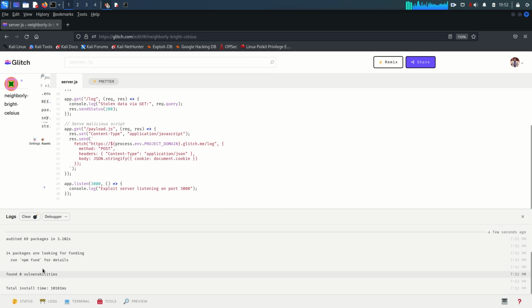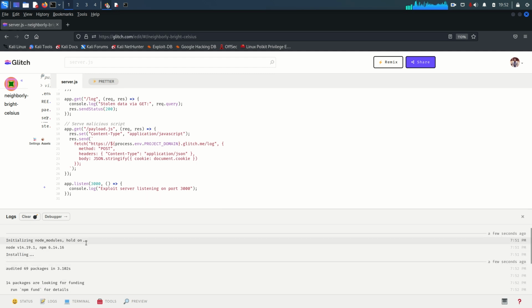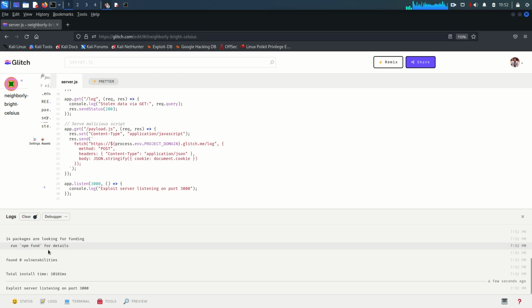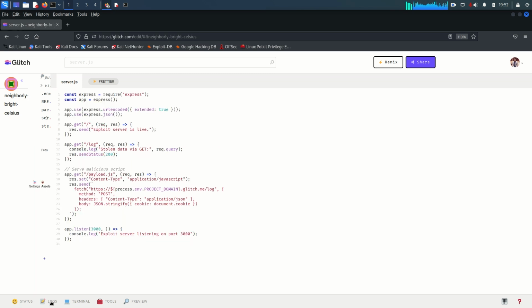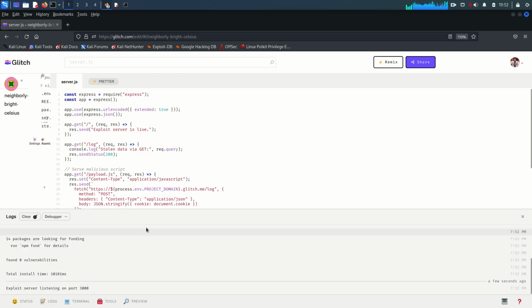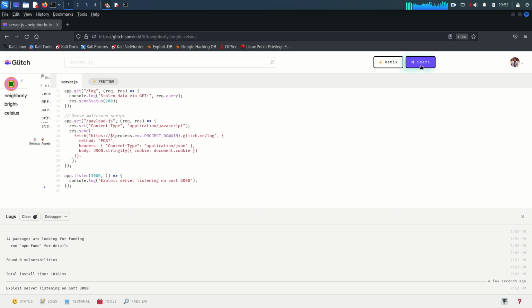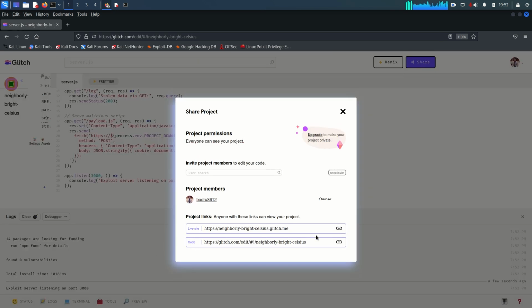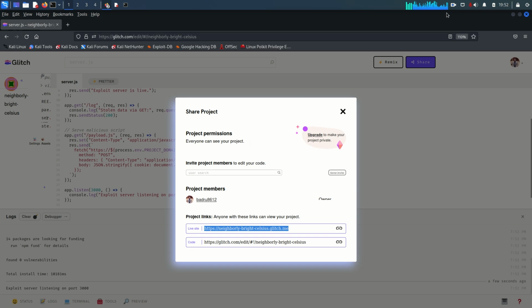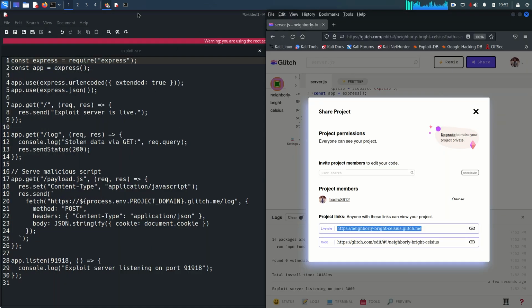So you can see here initializing node modules, installing, found 0 vulnerabilities, and exploit server is listening on port number 3000, and this is our log. So to test it, what you need to do here, go to the share, and this very first link is basically the link for your exploit server. So I want to test this exploit server, and how I will do this by, okay,